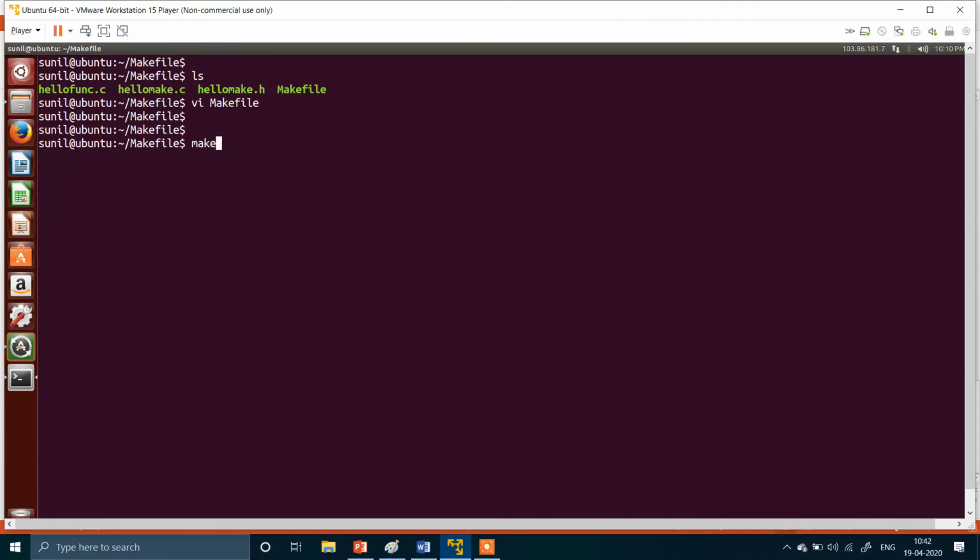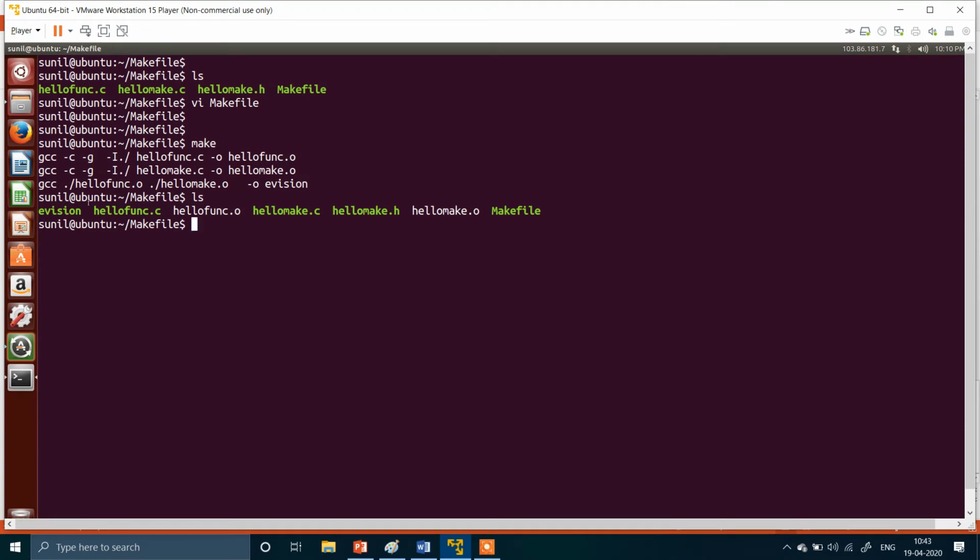You will have to use make. You can see it's using GCC, and the flag which I have passed into the C flags, -I, is targeting the header file in the current directory and the file name. So it's created the eVision executable.